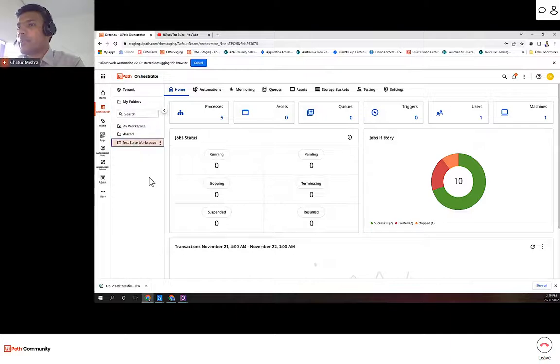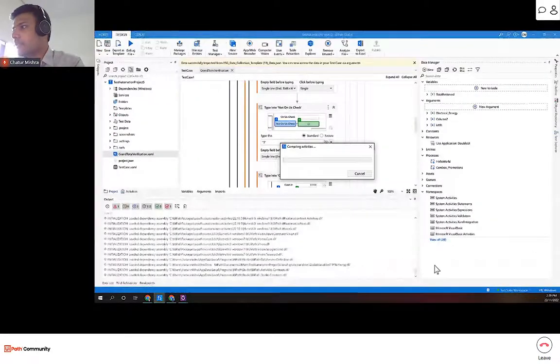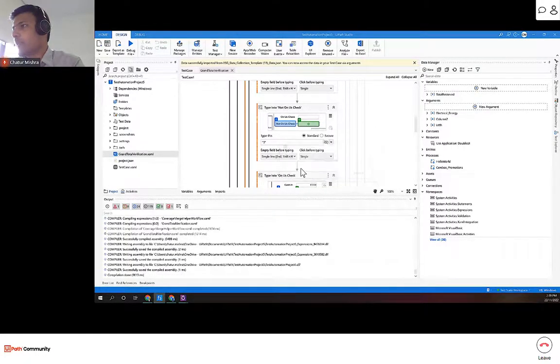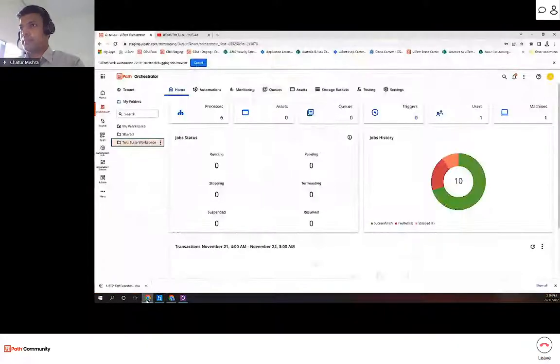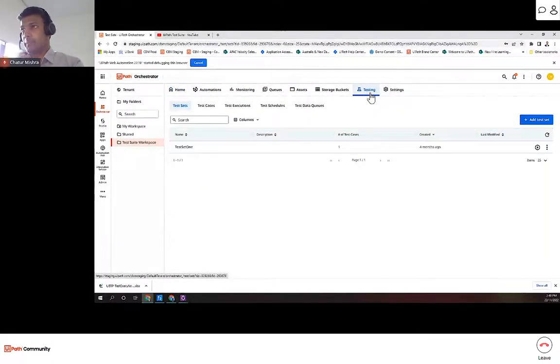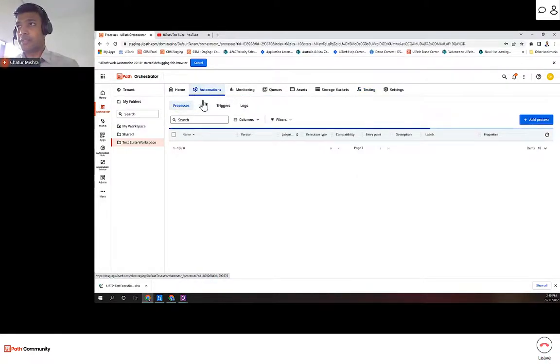So this was the workspace to which I published. If you closely see the workspace that's selected in Studio, you can see this test suite workspace. I should see test automation project 5 or the test case name in this workspace. If I go to testing, please be mindful that if you build a particular automation, that generally is a package